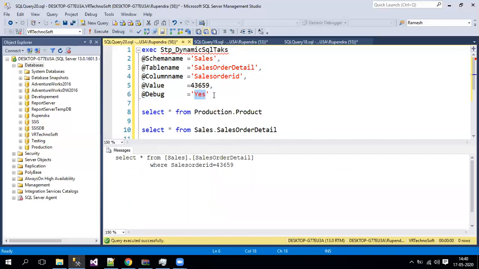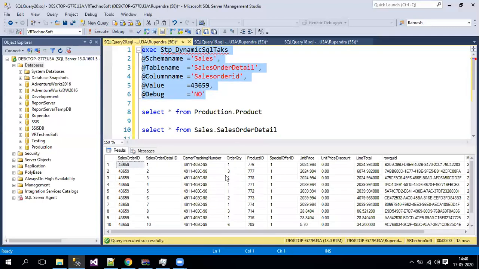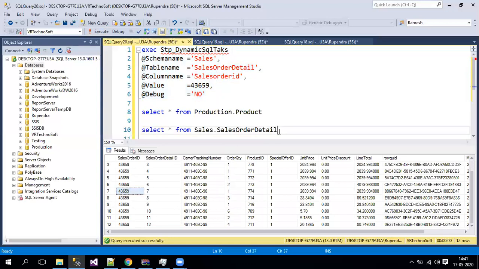Let me go with the number, and you can see all the values with respect to this sales order are right. So now, I'm not again and again writing the select query with the where clause. Simply I'm passing my schema name, table name, column name, and the value, and I'm getting the data. It's a simple query, I know. When you're writing complex queries, then you will come to know the main usage of this dynamic SQL. Maybe in the next video I'll show you a very complex query, so that you can understand the complexity and where exactly we can use dynamic SQL.